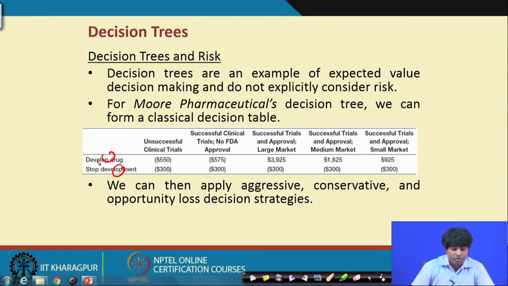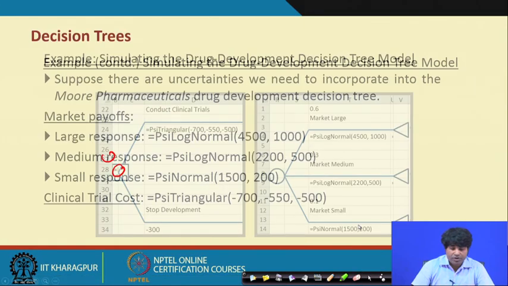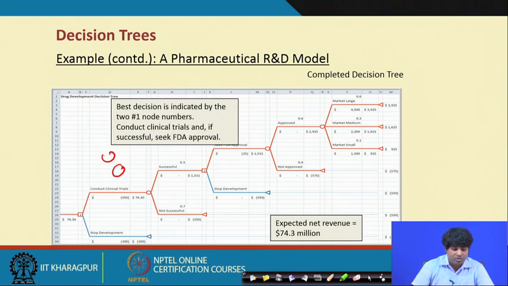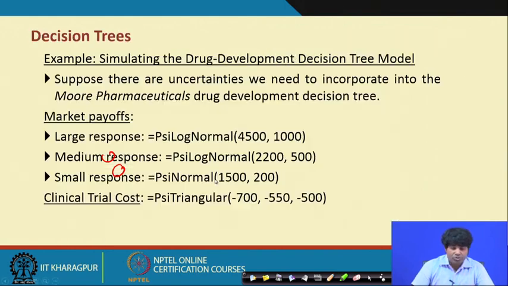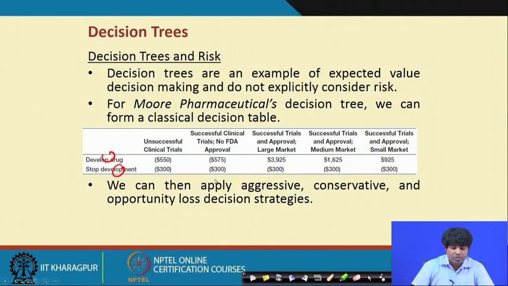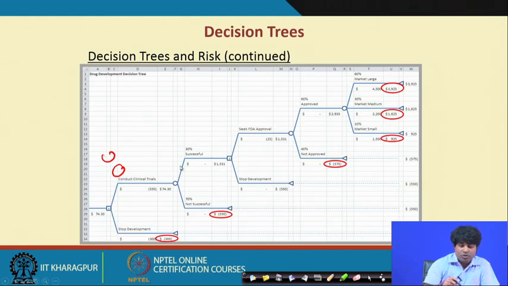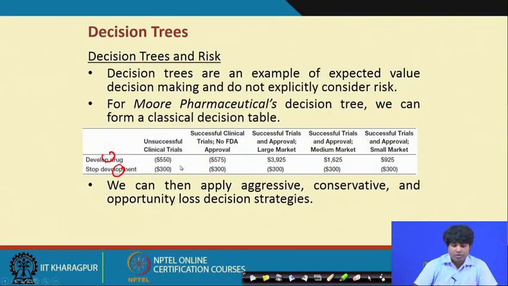So, that means a developed drug and stop development. If you go to the previous slides, you will find, let us take the case here, stop development and approved. This is the case here, and in this case after this we have a different kind of structure corresponding to unsuccessful. So, these are the possible outcomes, and in the case of successful, these